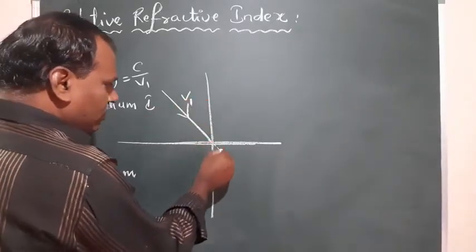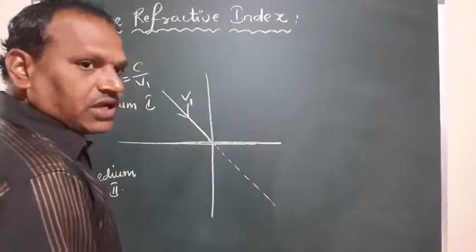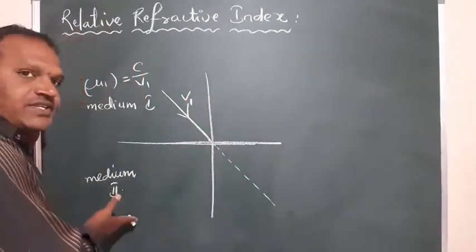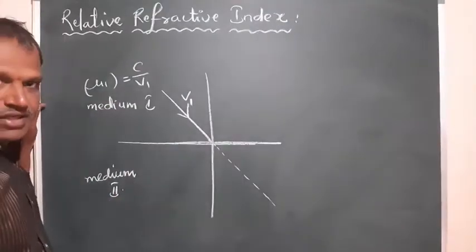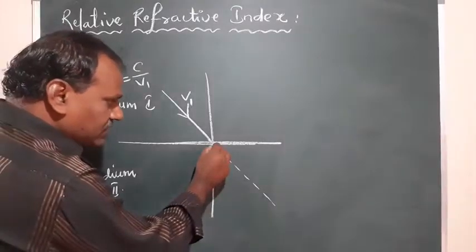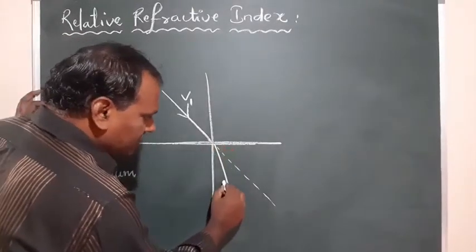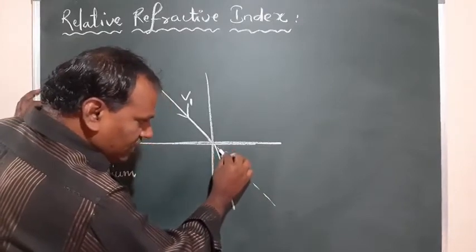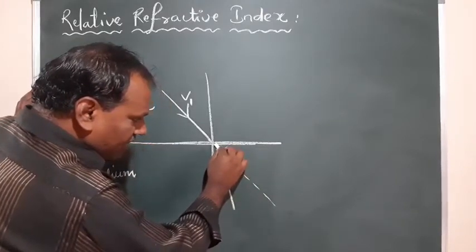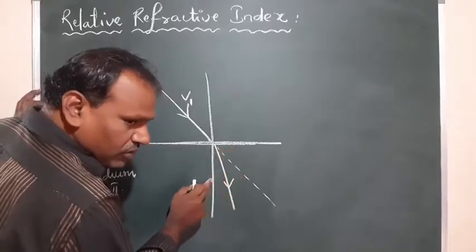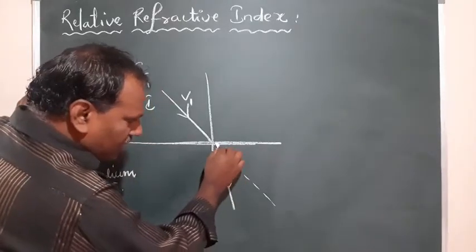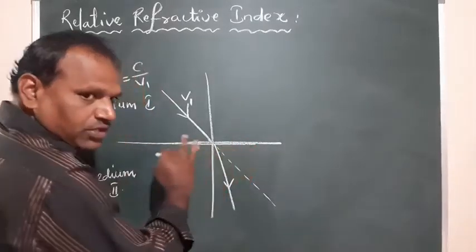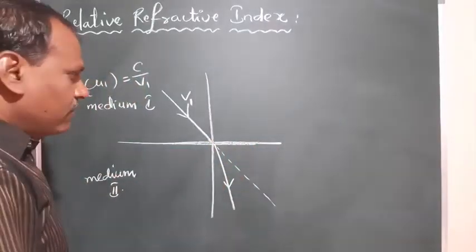So this is the initial direction of that light ray. But once it has entered the second medium, it will be deviated. The deviation made is bending that takes place. This is the initial or actual direction. This light ray can be bent towards the normal. This is the normal now. So it can be bent towards the normal, or it can also be bent away from the normal. I'll tell you that afterwards. Correct? First just observe here.